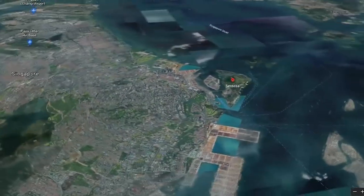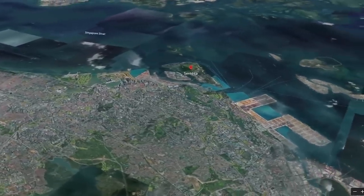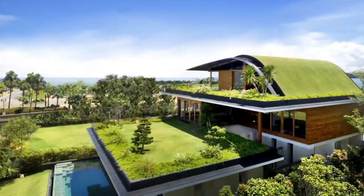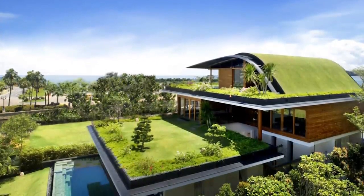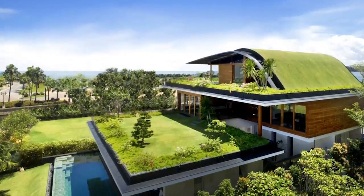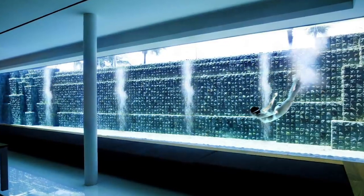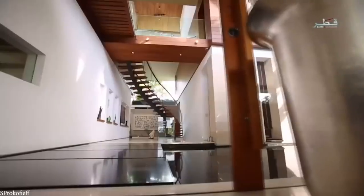It's on Sentosa Island, which is near Singapore, and has almost 10,000 square feet of living space. You wouldn't necessarily know it from looking at the house though, because the roof of each of the 3 levels is covered in gardens. The house also features a stone-lined swimming pool with a perspex wall that can be looked through from the lowest level, a snaking wooden staircase to move between floors, and a future